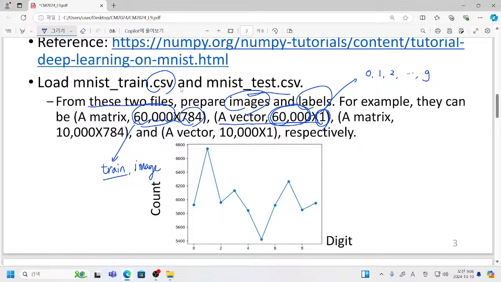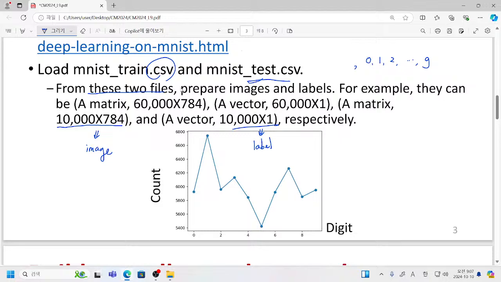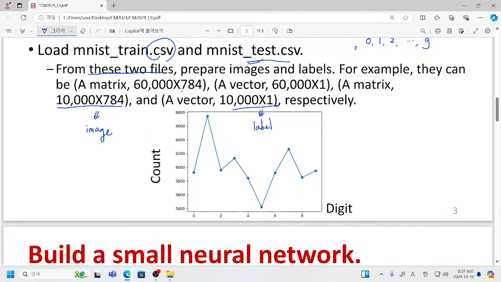So you can have quite a simple vector for your training set. Quite similarly, even for your test set, you can also identify this is for your image and this is for your label. So please prepare these four variables in your code,